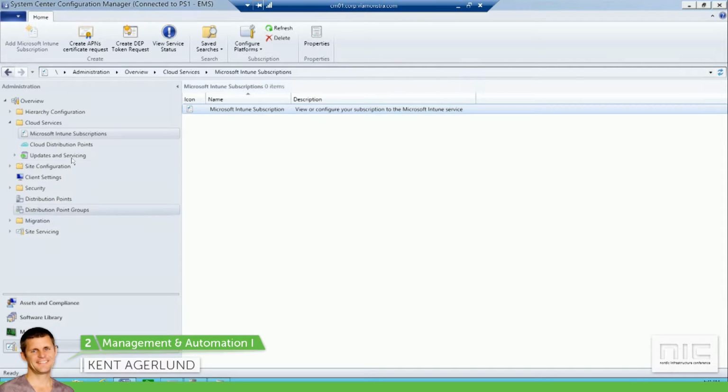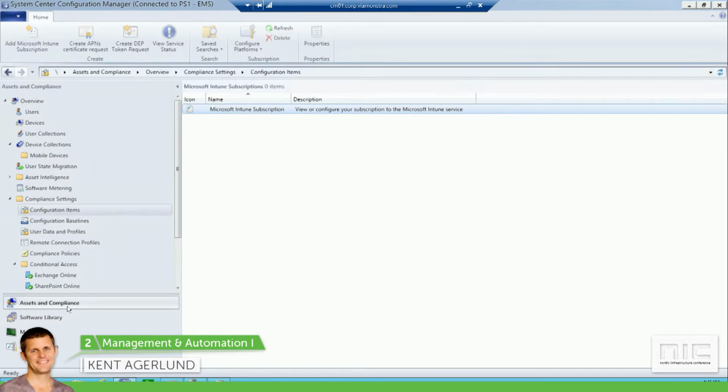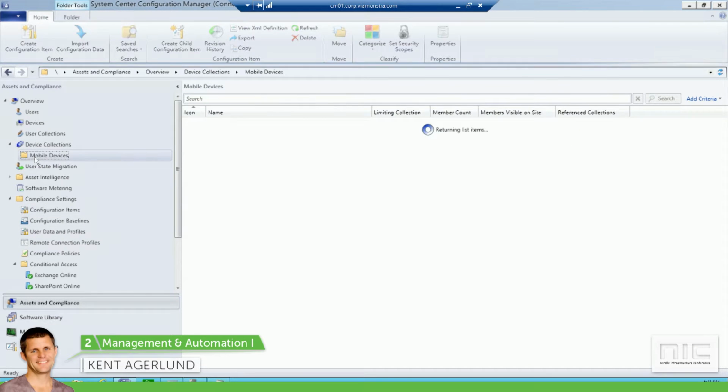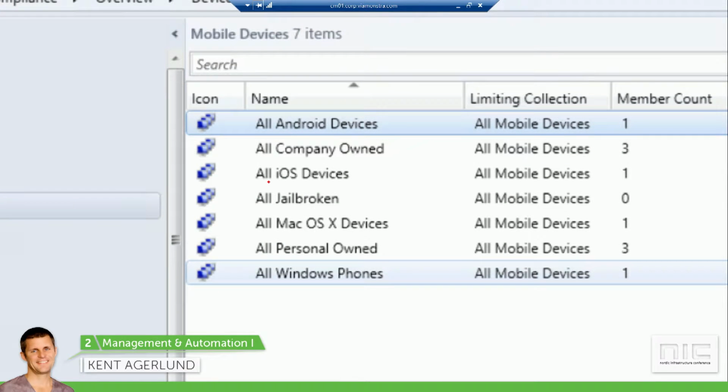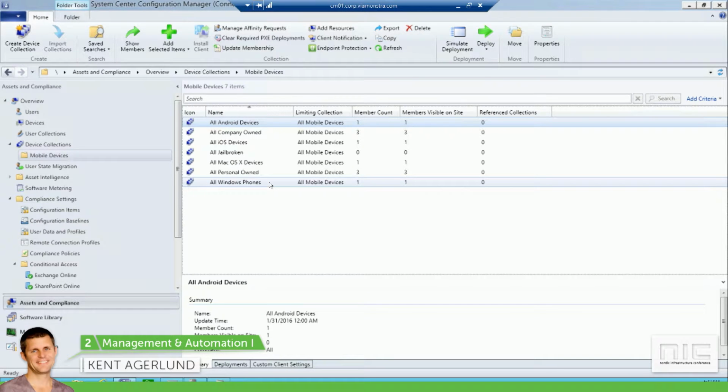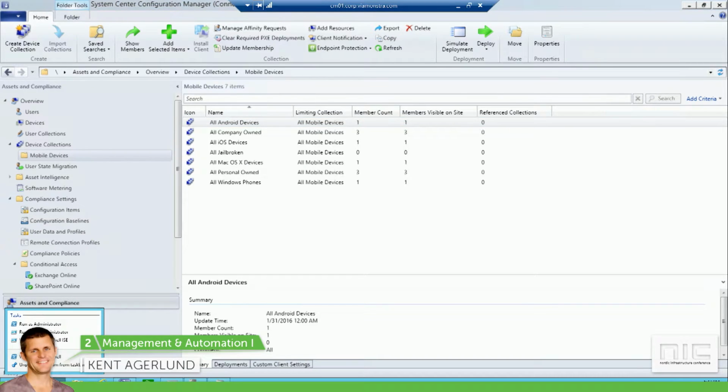Okay, so I have my Intune subscription. I have my platform support. I do have my collections, and I pre-created a couple of collections in here. So this is another reason why I like to have it in SCCM. I can go in quickly and create a collection with all my company-owned, my jailbroken devices, my personally owned, and so on and so forth. So this makes it super easy for me. I can also, see if I can, think I might have it here,